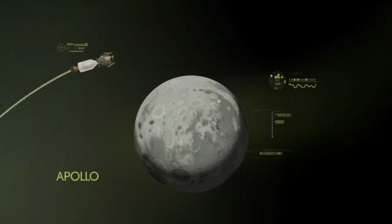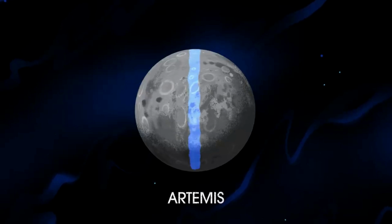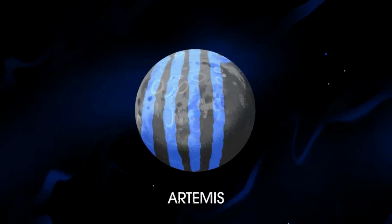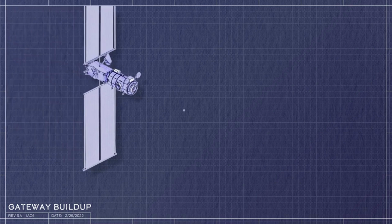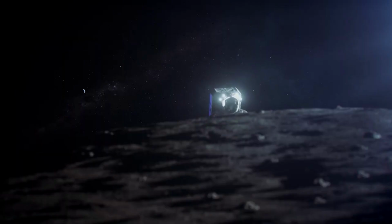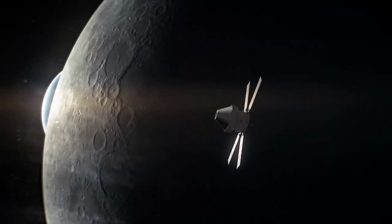Throughout all of the Apollo missions, they were only able to access a specific part of the moon. Artemis, on the other hand, is set to have practically the entire moon available for studies and exploration. This is thanks to the Gateway Lunar Station and its very unique orbit. Called a Near Rectilinear Halo Orbit, or NRHO, Gateway will fly close by the moon on one side and far